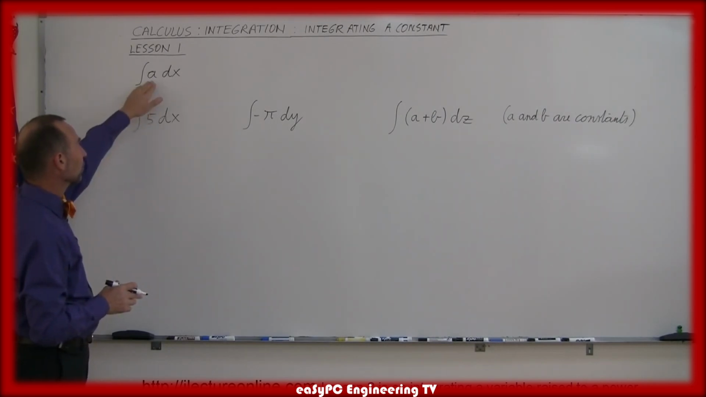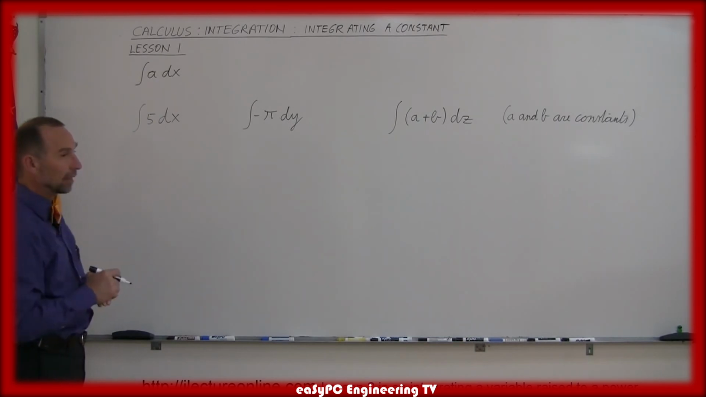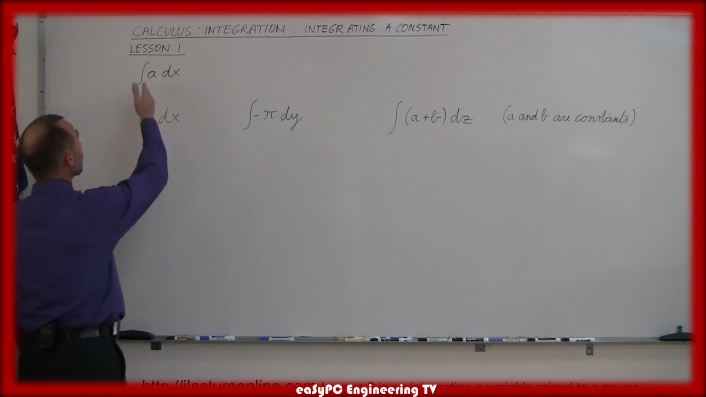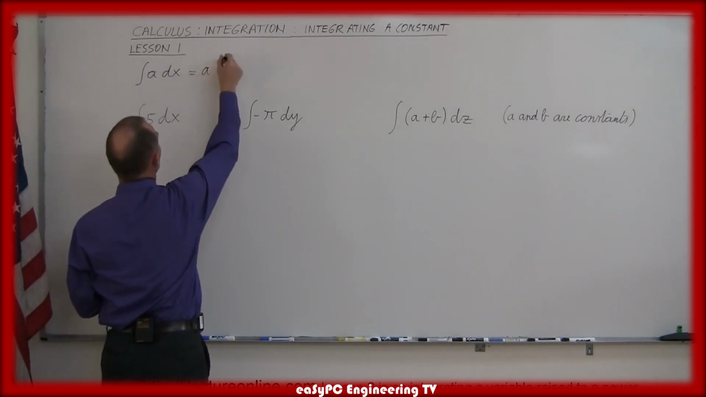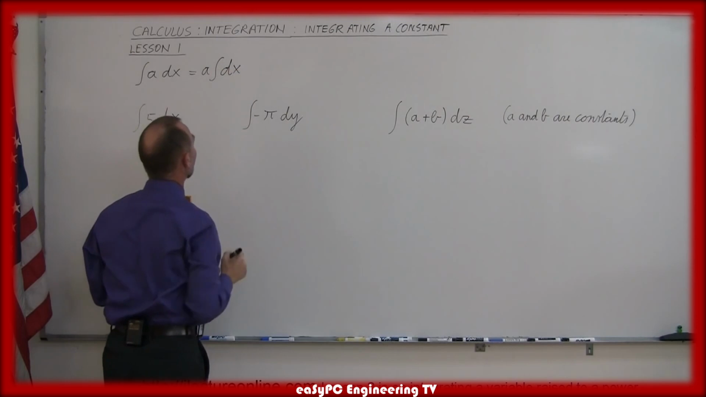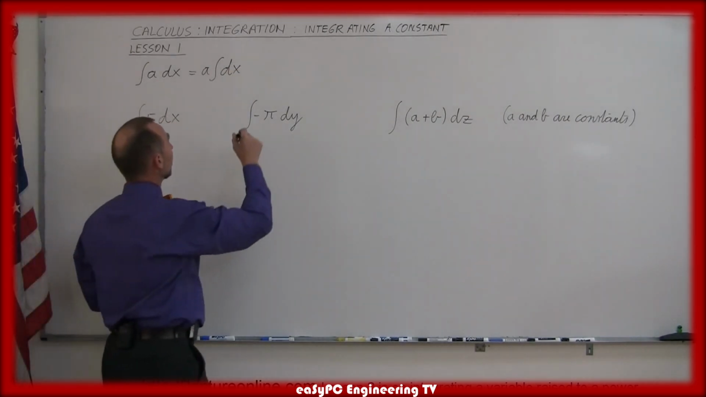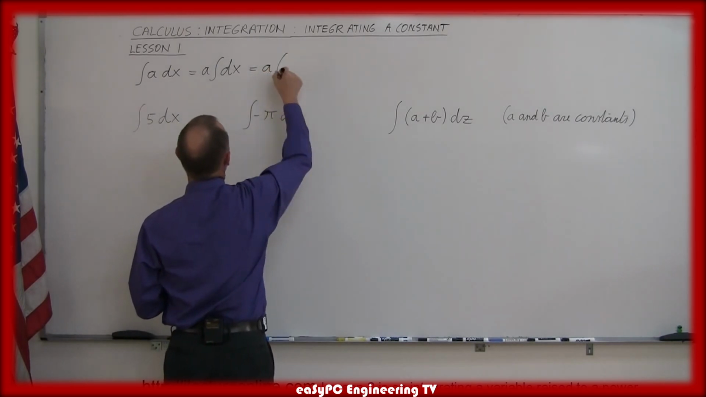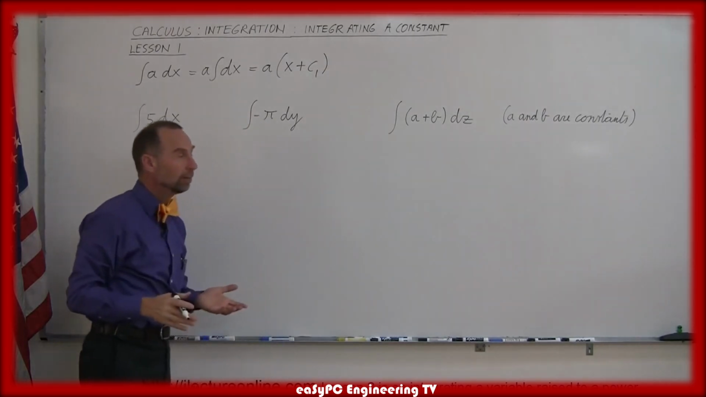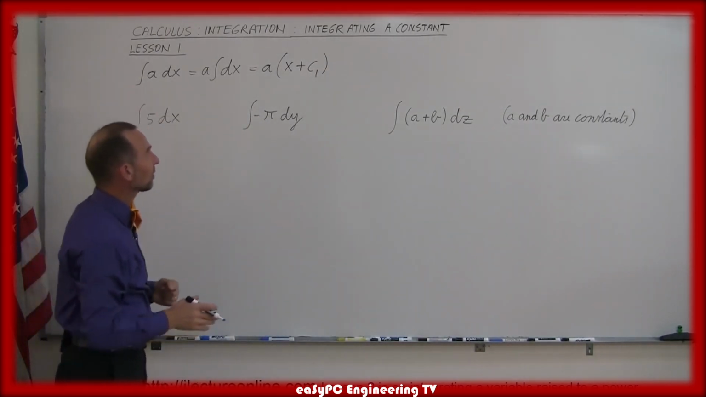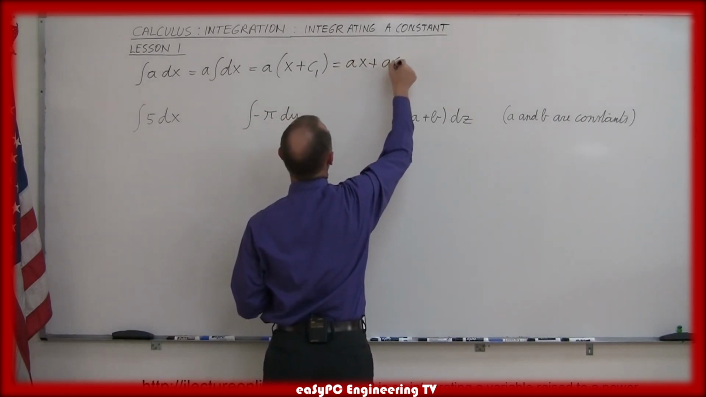Let's say that a is a constant, and dx is the differential with respect to the variable x. The rule always is that you can move the constant outside the integral sign, so this can be written as a times the integral of dx, and by definition, the integral of dx is equal to x plus a constant of integration. So this is equal to a times x plus some constant of integration, I'll call that c1, and then when you multiply, a times x and a times c1, this gives you ax plus a times c1,